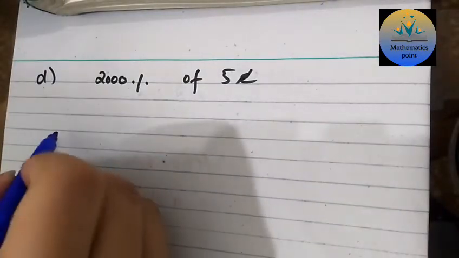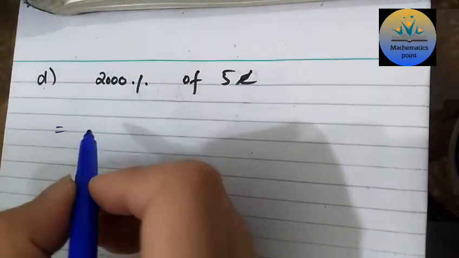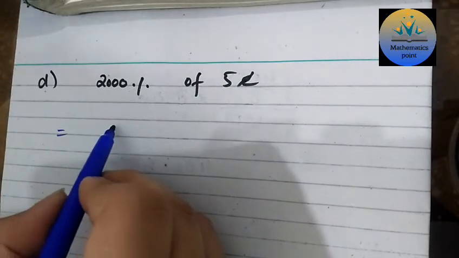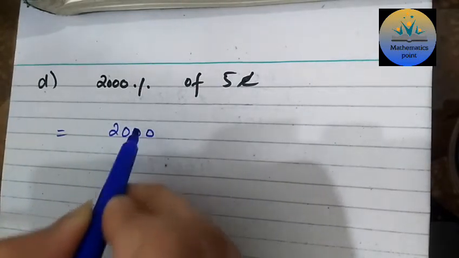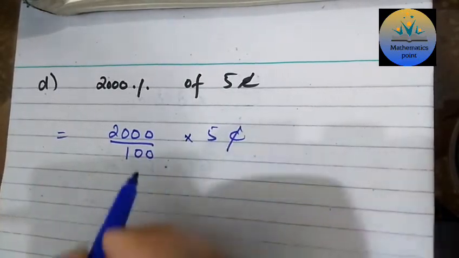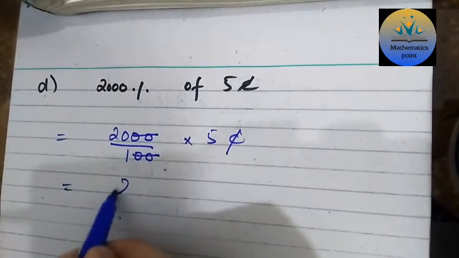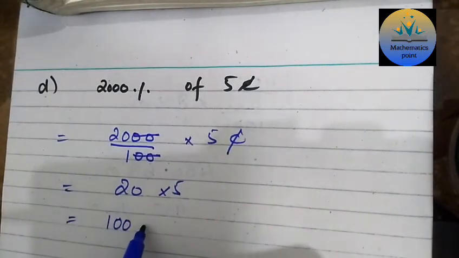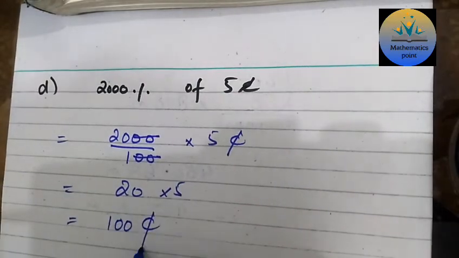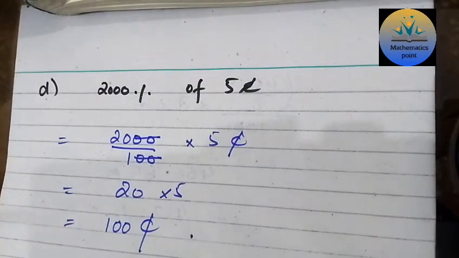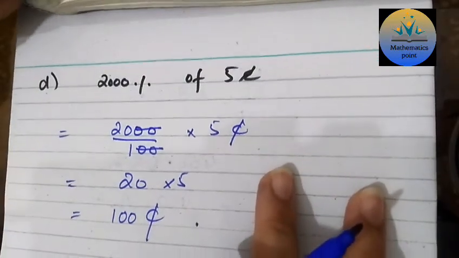Okay, so now we have to find the percentage. Find the value of 2000 percentage of 5c. Then when we remove this percentage sign, we divide by 100 and multiply by 5c. So cut it here and you get the answer 520 multiplied by 5, and here 10. Yes, 10 3, and that is the answer in cents.